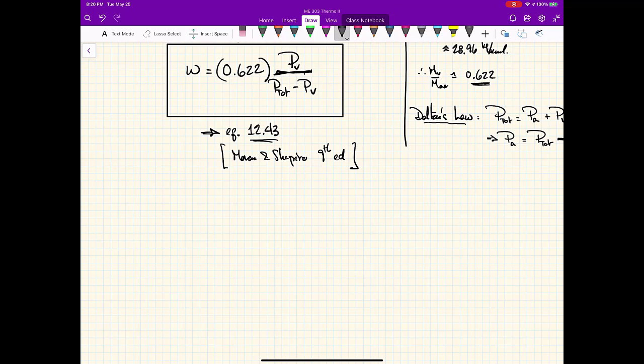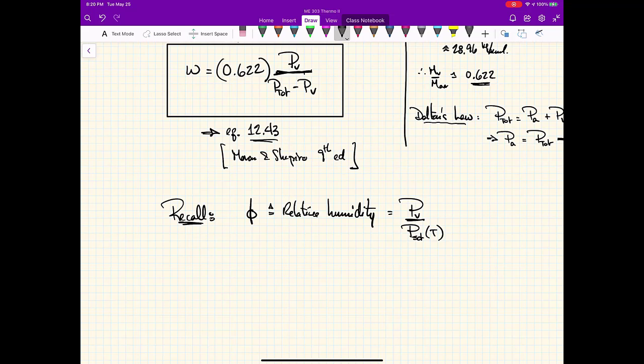And the relationship there, which you can recall from one of my previous videos here, the first one, part 1, where I define humidity itself, is that the relative humidity, phi, is simply equal to the ratio of the partial pressure of the vapor in its actual state divided by the saturation pressure of the vapor at that same temperature, right? So that's the definition of